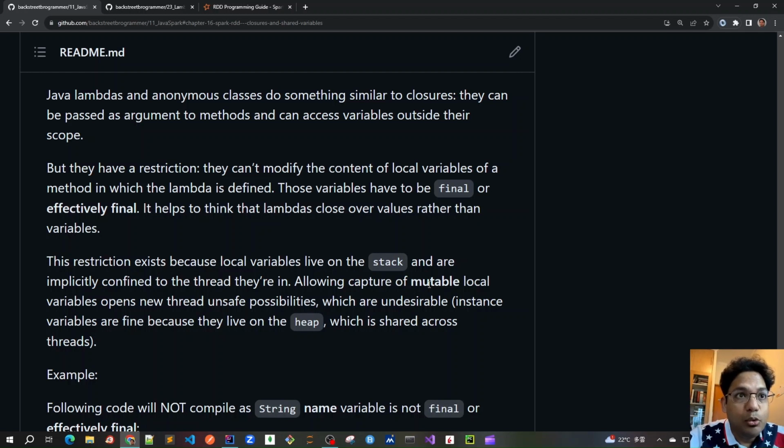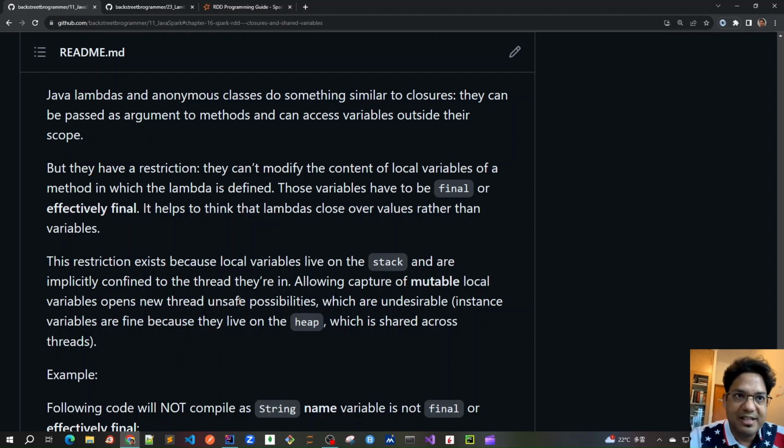Allowing capture of these mutable local variables, which are not final or effectively final, inside that closure or lambda, can open a lot of thread-unsafe possibilities. It's also possible that the lambda accessing those non-final variables outside the scope is run in a separate thread, and then it can open a lot of